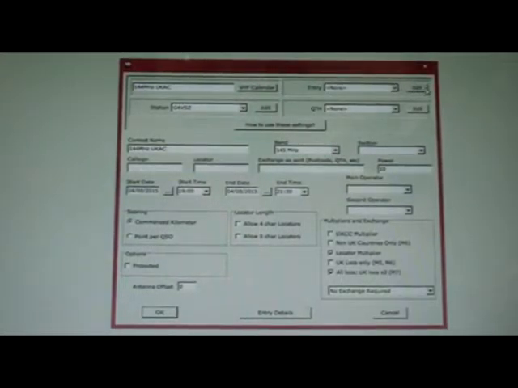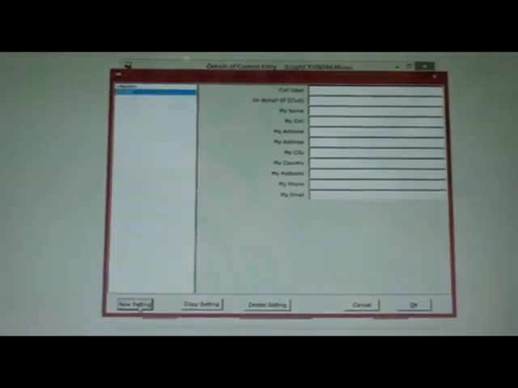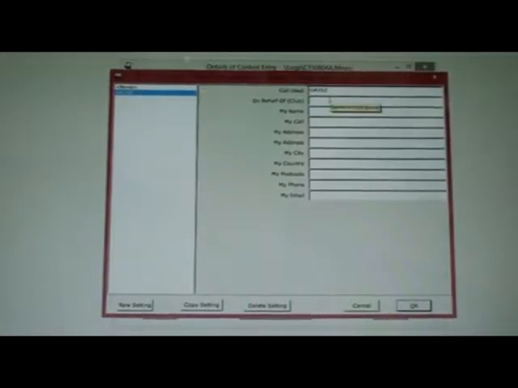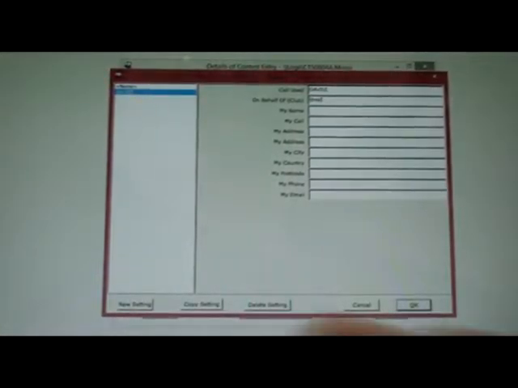We then need to select the entry, and as this again is new, we're going to create a new setting. Same again, you can put whatever you like in this box, and obviously as you get more comfortable with the software you can customize it for several different types of setup. So we need to populate the first box, the call used, and on behalf of our club, which of course is the Redhurst